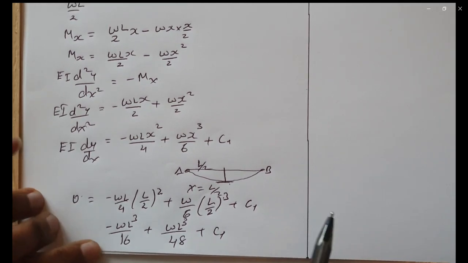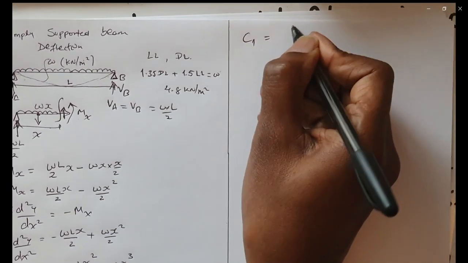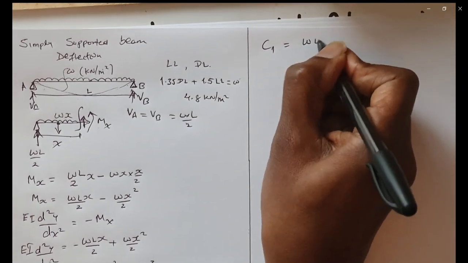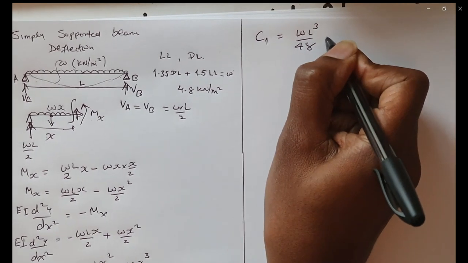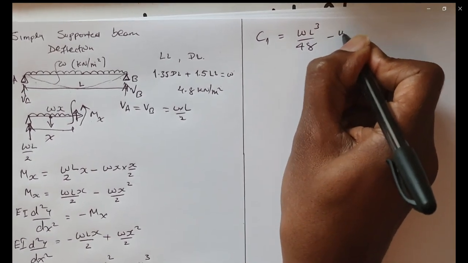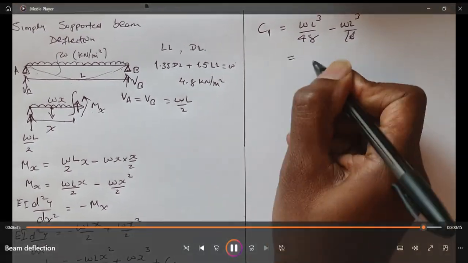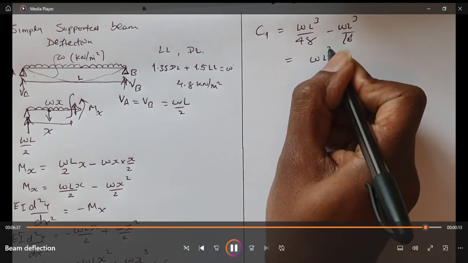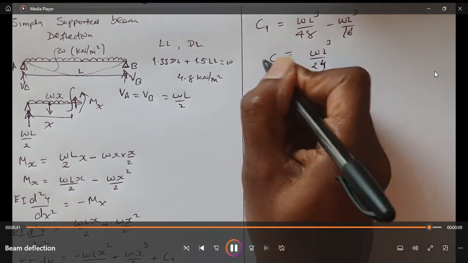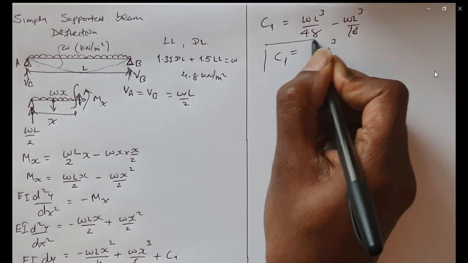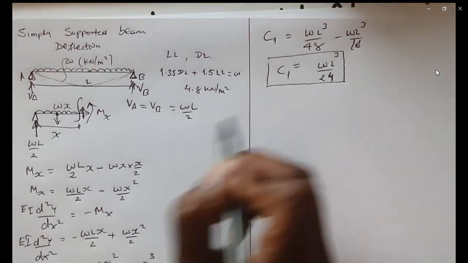We can work out C1 is equal to WL cubed over 48 minus WL cubed over 16, which will work out to be WL cubed over 24. So we have our C1 that we have to put